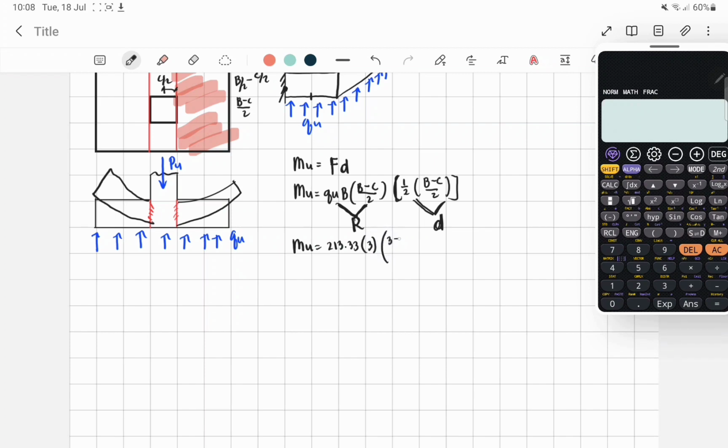And then, 3 minus 0.4 for the dimension of the column, all over 2 times 1/2 of 3 minus 0.4 all over 2. So, ang bending moment natin will be equal to 540.79 kilonewton meter. So, this will be our bending moment or our ultimate bending